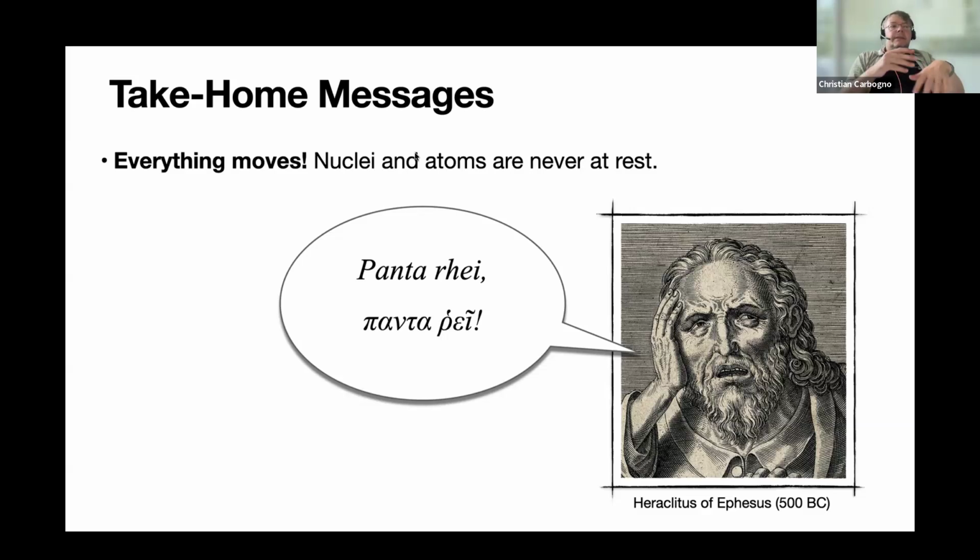Nuclei and atoms never stop moving. Always when you assume that they're static, you make an approximation. That in many cases might be a valid approximation that is good enough to get some results within a certain accuracy. But if you want to know better, or if you want to look especially at thermodynamic properties, it is not sufficient to look at that. You also have to look at how the nuclei move.